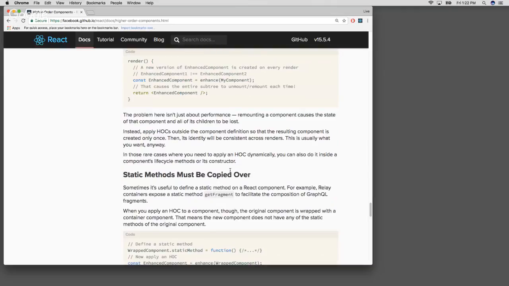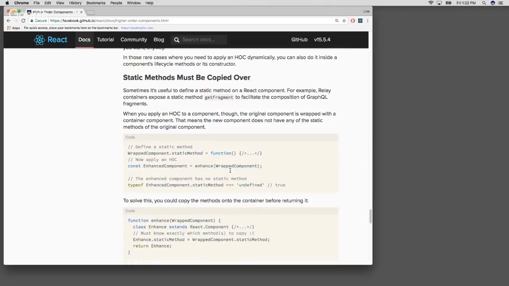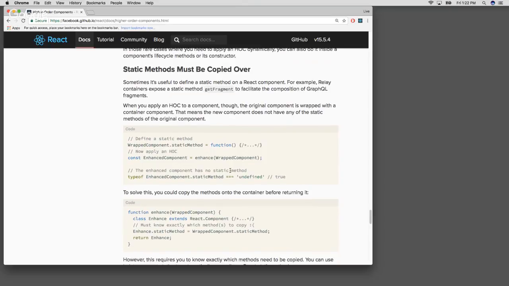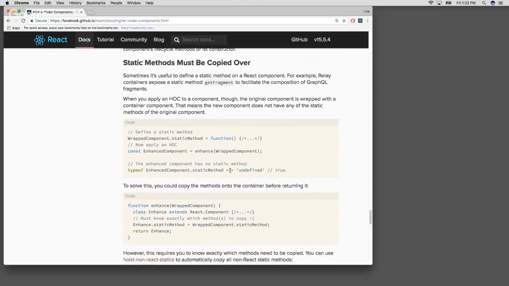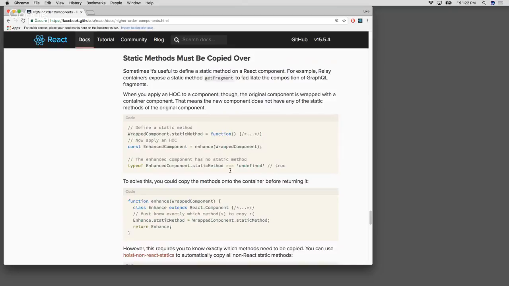In those rare cases where you need to apply an HOC dynamically, you can also do it inside a component's lifecycle methods or its constructor. Static methods must be copied over. Sometimes it's useful to define a static method on a React component. For example,